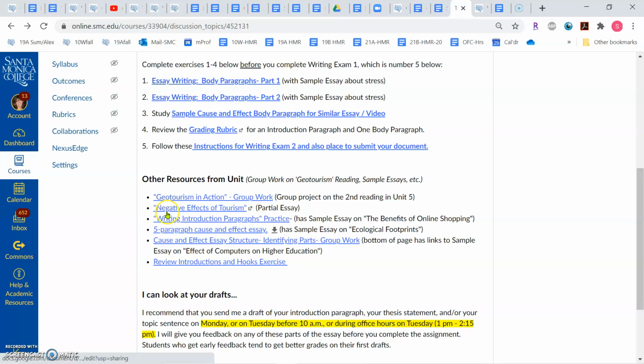You've got the link here, and then there's all of the other essays that we talked about in this unit, like the benefits of online shopping, ecological footprints, the effects of computers on higher education. So we covered a lot of different full essays that are cause and effect, and the last one is pretty similar to the one that we're writing in writing exam number 2.